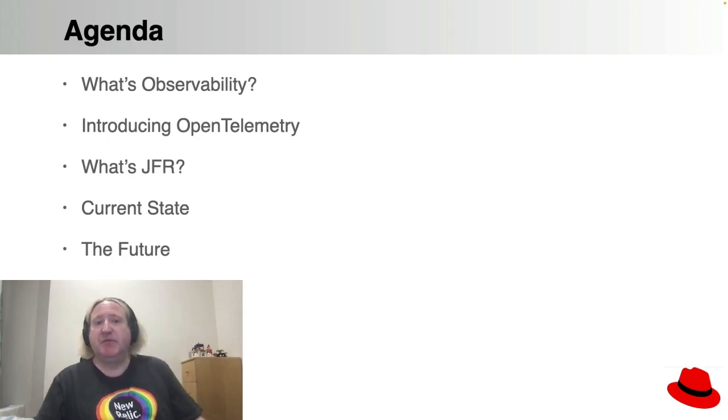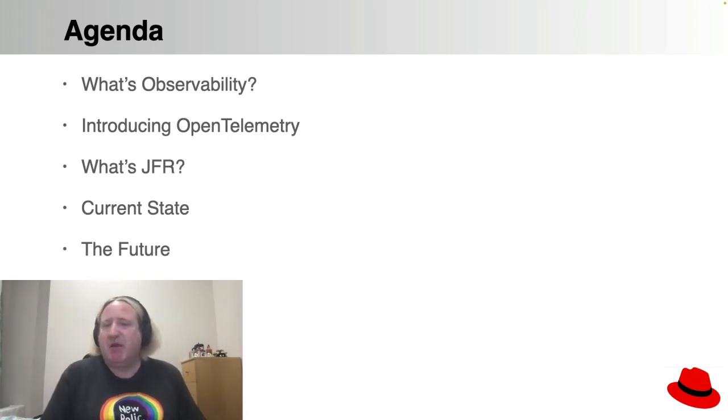Well, we're going to talk about observability, and I think there's some context that we really need to give around observability, because it's talked about quite a lot. But I think there are still a lot of people, especially in the Java world, who find that it's confusing or a bit vague, or they're not quite sure exactly what it is. And actually, that's kind of silly, because observability is really not all that conceptually difficult to understand. It does have some concepts which you might not be used to, but it doesn't actually take that much to explain them. So I want to explain a bit about what observability is.